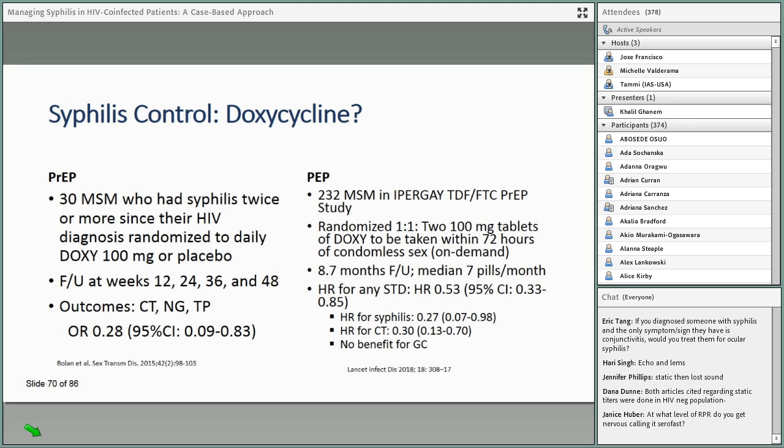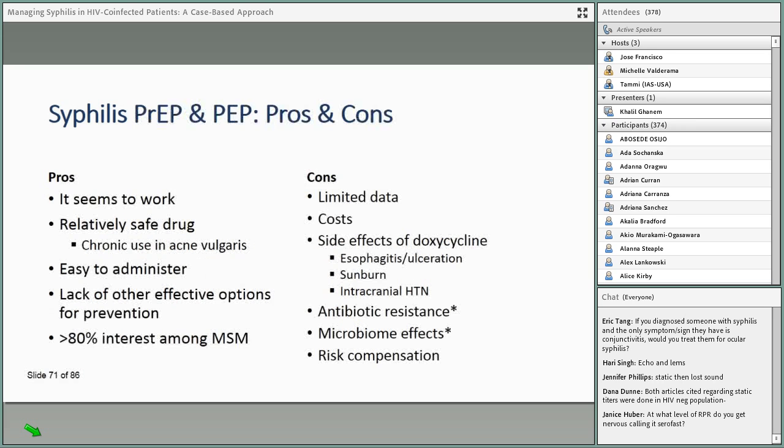He and his boyfriend broke up, and he reports several new sexual partners with inconsistent condom use. So now his situation has changed. He's had multiple sex partners, and so now that he's no longer monogamous, should we use doxycycline PEP or PrEP to decrease his risk of incident syphilis infection? I know you've all heard about Doxy, and should we use Doxy to prevent the patient from getting syphilis